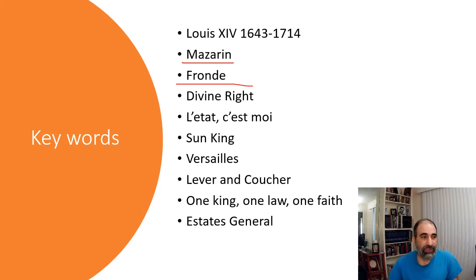So what are some examples, and this is the key part I want you to know here, of Louis XIV's reign that show pure absolutism? Well, the term you need to know right away is divine right. What does that phrase divine right mean? Well, it basically means that God wills it, that God gives you the right to rule. And that in itself is pretty powerful. That's an example of absolutism.